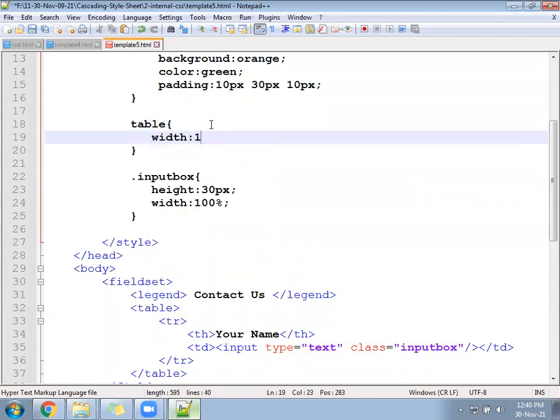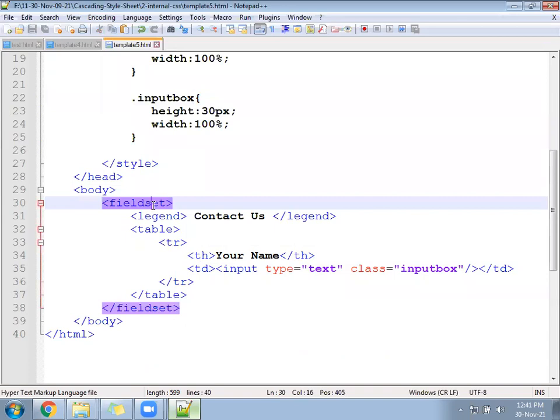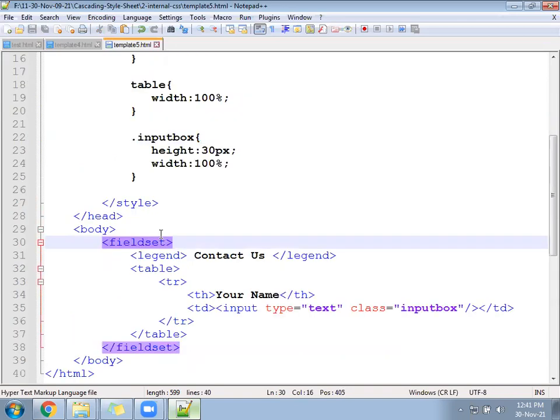Width: 100%. Now what does 100% mean here? Here 100% means the table is a part of the field set.